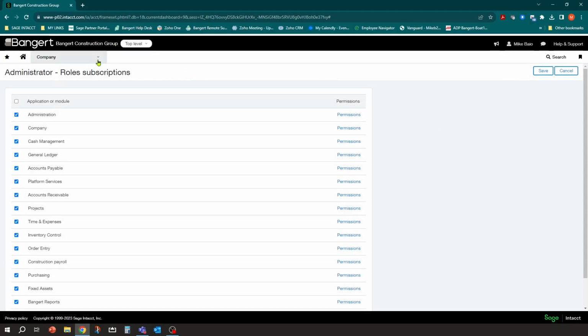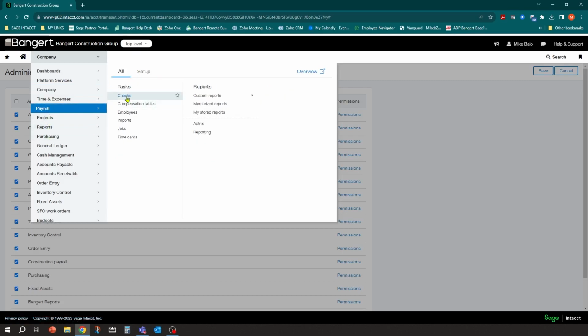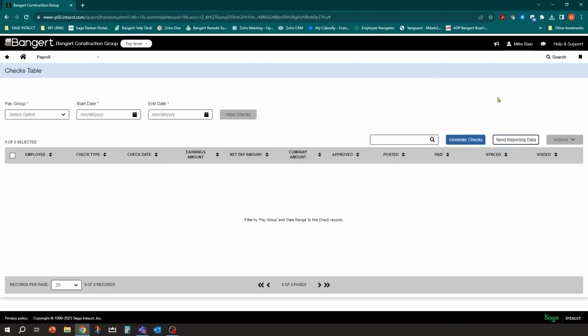Now the other thing is, those tables aren't updated automatically in the system. So there is a function that needs to happen during the payroll process to make sure that data is current and updated as you go each payroll period. So where you do that is in payroll, part of the process, after you've imported time, in the check processing area, you'll notice there's a button over here called Send Reporting Data. So what that does is that sends data from this check record over to those tables and populates those tables that can then be reported on.